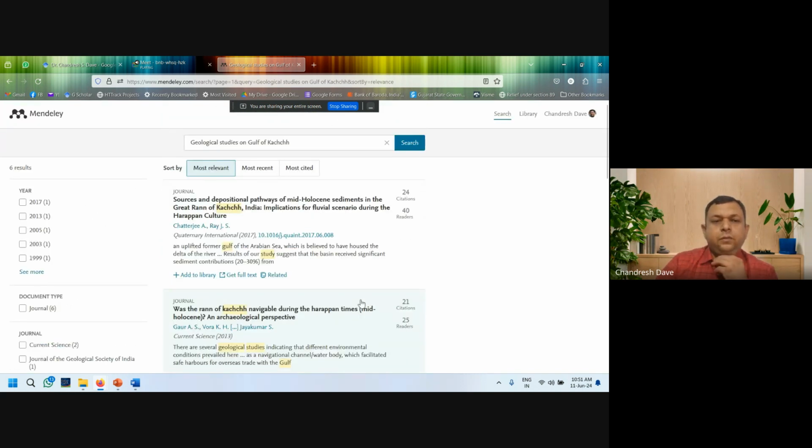So for example, if I find this article, sources and depositional pathway of mid Holocene sediments in the Great Rann of Kutch, India, suitable to my study, I would add this to my library. Here, I have added this to my library.